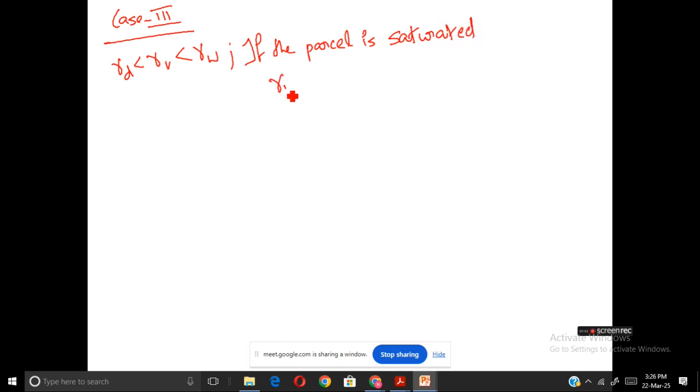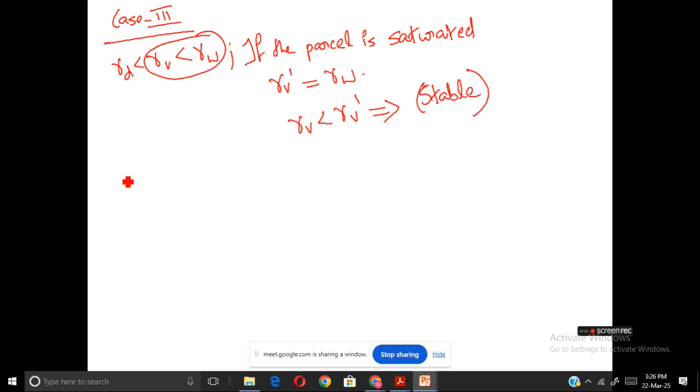It means gamma V prime is equal to gamma W, and the condition gamma V less than gamma V prime is the condition for stable. This is basically a stable condition. Now, if the parcel is unsaturated,